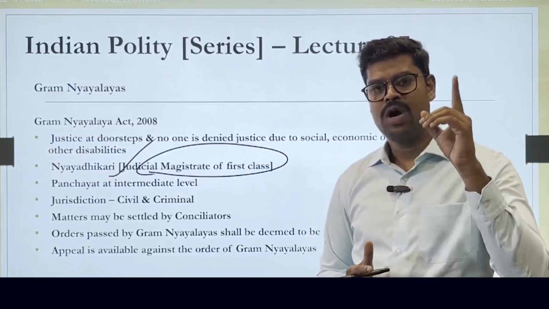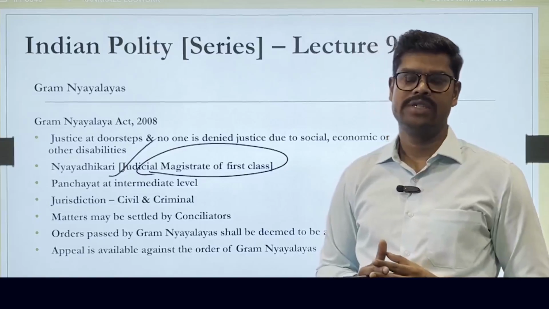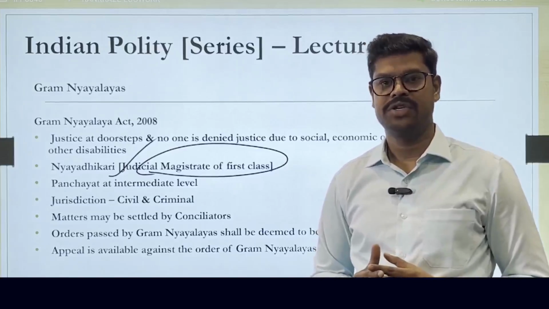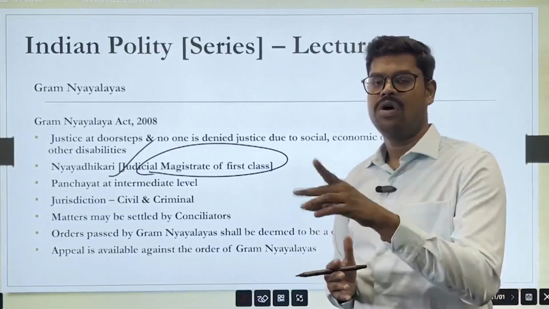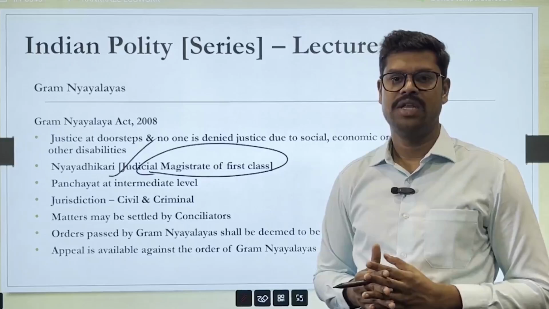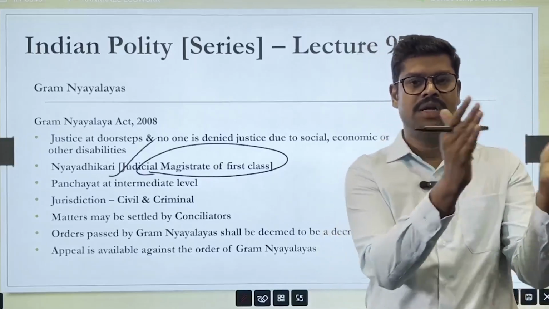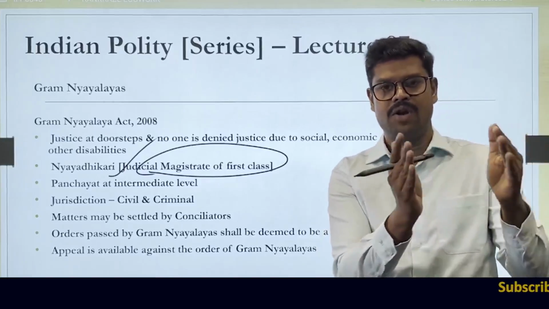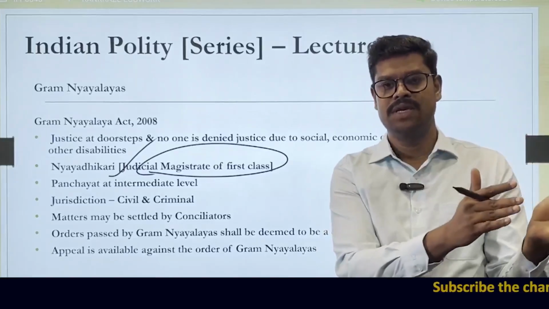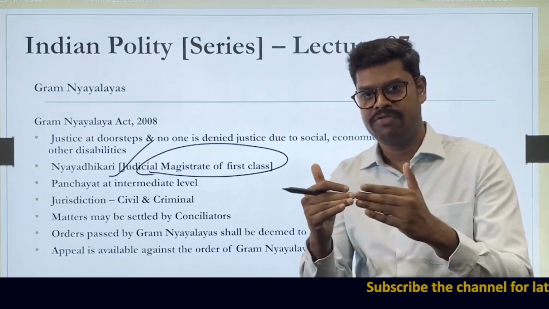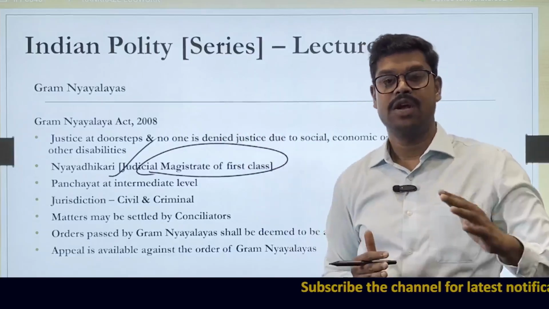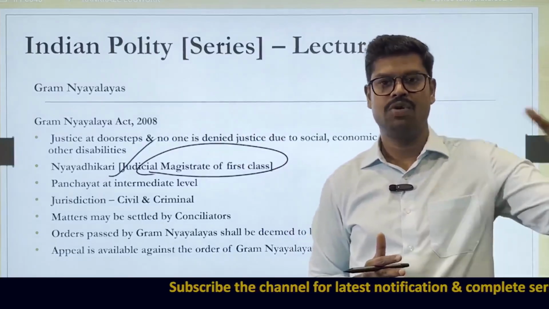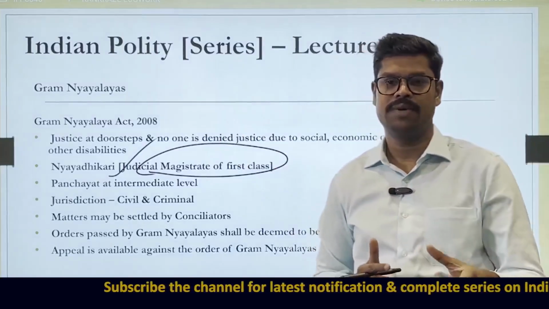However, there is no appeal against the orders passed by the Lok Adalat. There is no appeal against arbitration and conciliation, and also the orders passed by the Lok Adalat under the Legal Services Act, because they are all completely out of court settlement. They are alternate dispute resolution. If they are not happy with the orders passed by the ADR mechanism, they can make a fresh case in the court, but they cannot make an appeal in the court of law. They cannot make an appeal in the higher court because they are out of court settlement. They are not normal court settlement.